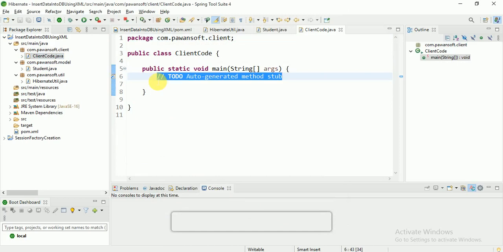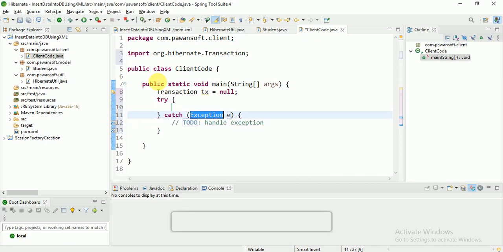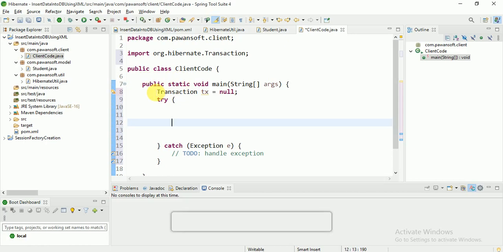And now let's start: create the transaction object, okay, transaction. Then you have to create the session object, right? So session basically,